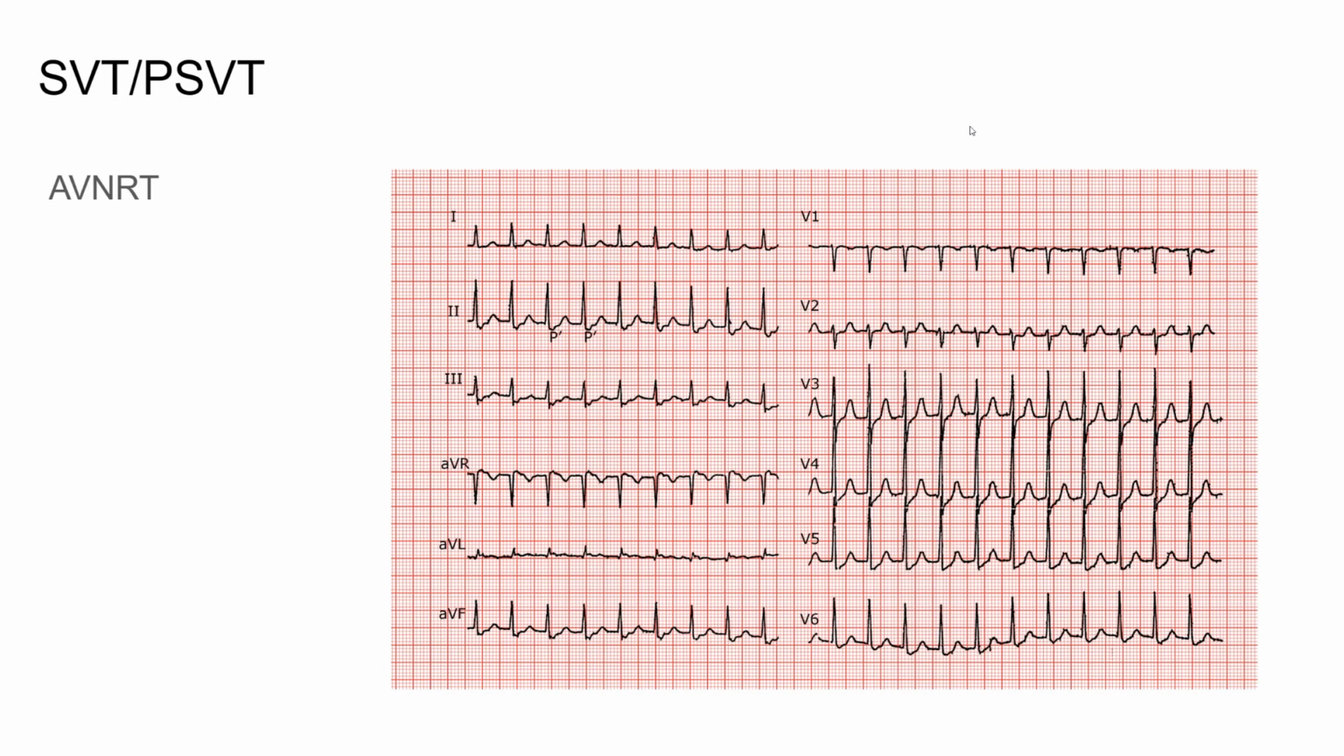All right, so the rhythm we're looking at here is SVT, also known as supraventricular tachycardia, or PSVT. PSVT stands for paroxysmal supraventricular tachycardia. The only difference between these two is that PSVT, by definition, starts and stops abruptly and is more episodic. So, if this SVT right here converted into normal sinus rhythm out of nowhere, that would be an example of PSVT. This specific type of PSVT we got here is AVNRT, also known as atrioventricular nodal reentry